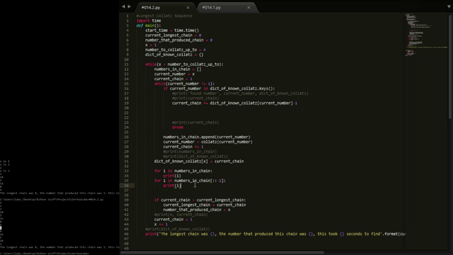So we want to take these numbers and add them to our dictionary in a way that we keep track of the length of them. So for example, the last number to get added to the list, we know that number is equal to our current chain. The length of that one is equal to our current chain plus, no, sorry, minus 1. Am I doing this right? I might actually have to go through backwards. So what I'm going to do is print